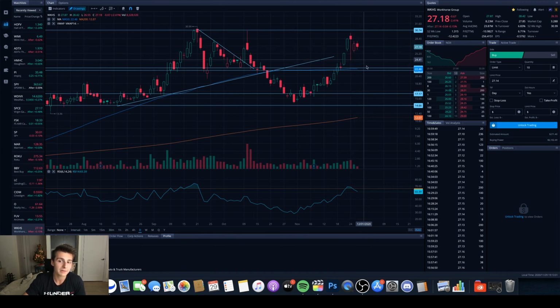So now either Workhorse is going to come back down, we may find support back in the lower 20s, or Workhorse is going to get some positive news, a positive catalyst, or it will just slowly grind through and break through this level, and then it will break out to the upside, and from there things could get crazy yet again as we're hitting kind of uncharted territory in a sense for Workhorse, breaking out over prior highs. So, oh yeah, the other thing too, with that said, someone just mentioned the Nio delivery,